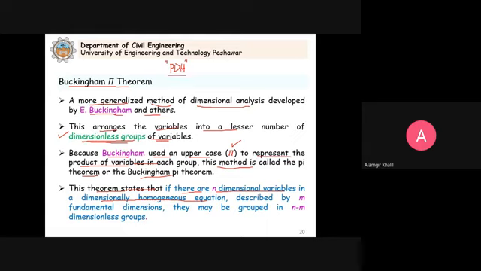The theorem says that if there are n-dimensional variables in a dimensionally homogeneous equation described by m fundamental dimensions that we studied, MLT or FLT, they may be grouped in n minus m dimensionless